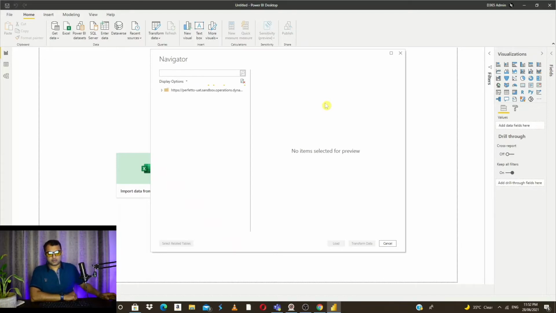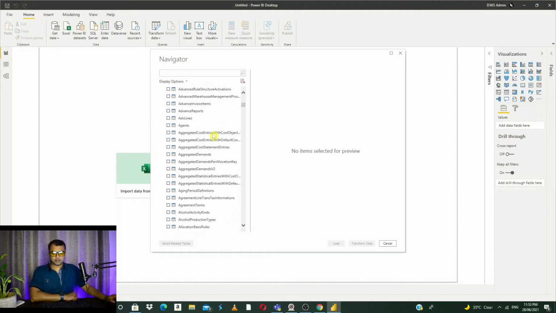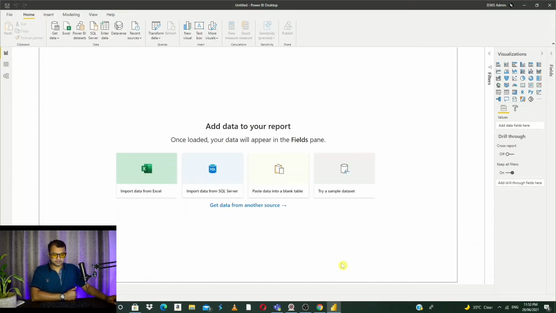Once you connect with OData, it will also give you a list of all the tables which we were able to see in the previous method. So this is another way to connect to Dynamics 365 Finance and Operations through a different connector.